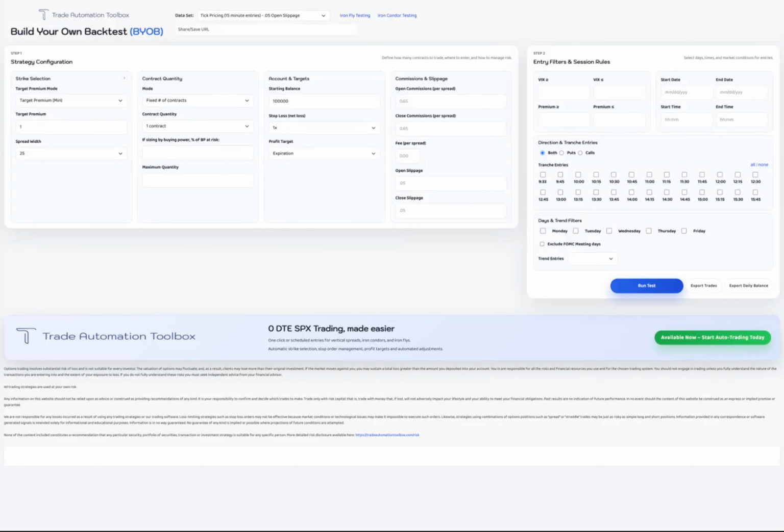Okay, guys, wanted to take you through the BYOB tool. That's Build Your Own Backtest. It's a good fundamental starting point when looking at understanding if there's edge in the trading thesis you want to apply through TAT. I'm going to draw your attention first to the data set you're going to be pulling directly from our database